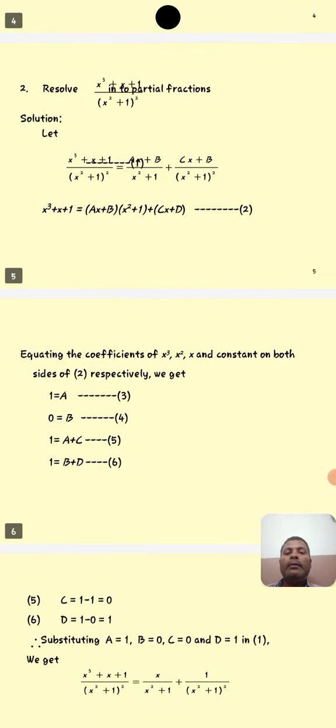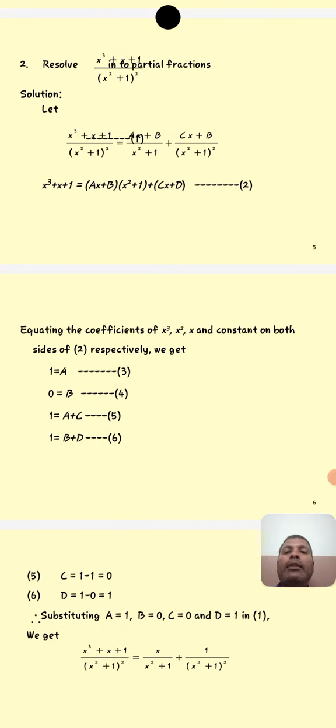Now the second question we observe: resolve x square plus x plus 1 divided by x square plus 1 whole square to partial fraction. You observe in the denominator part and numerator part, confirm this is a proper fraction. Whenever the proper fraction is confirmed, it is possible to write the partial fractions. Let x square plus x plus 1 divided by x square plus 1 whole square be equal to